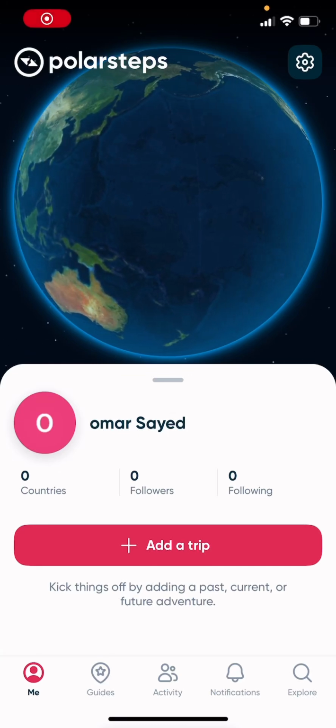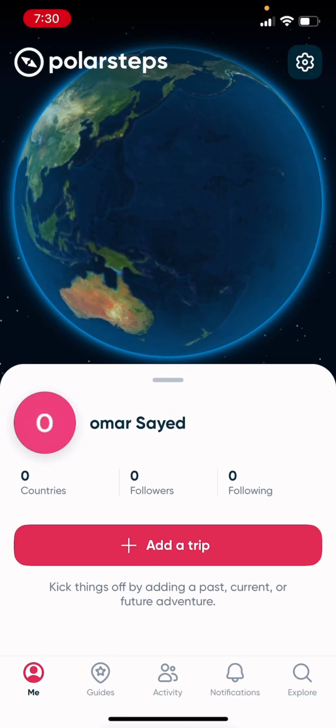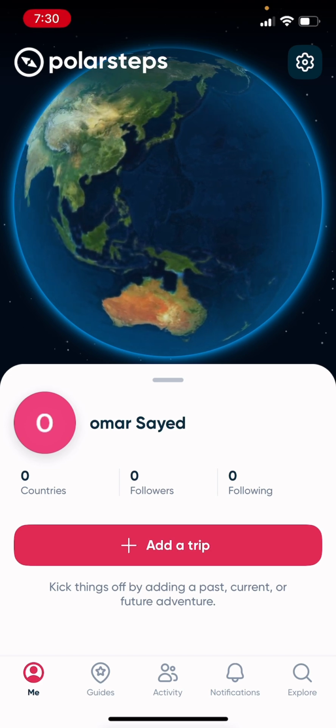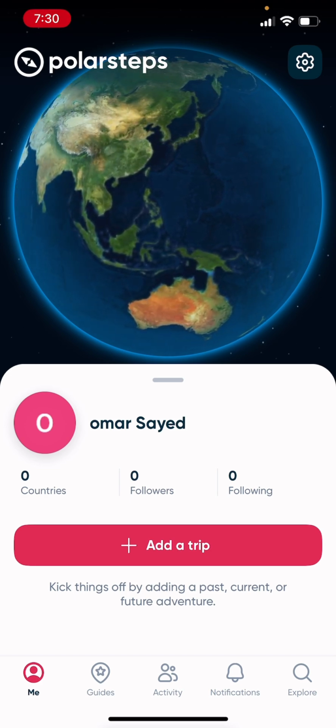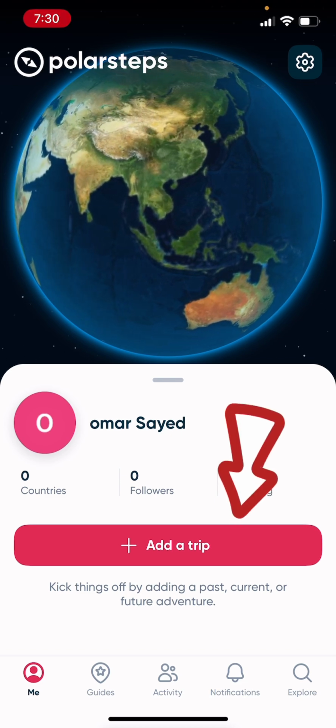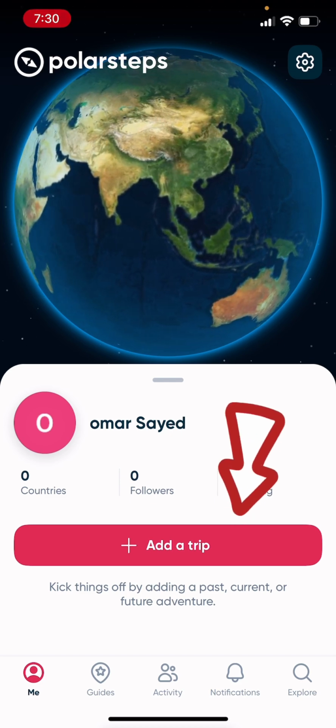Hey guys, so this is how to use the Polarsteps application. Once you download Polarsteps and log into your account or sign up, you're going to find this homepage, and what you're going to need to do is just click on this add a trip button. It's a red button,